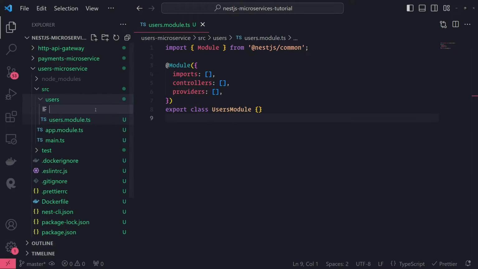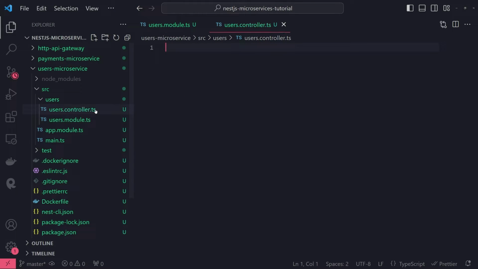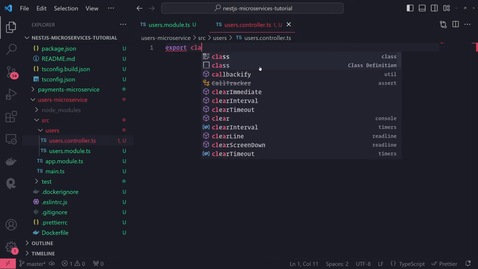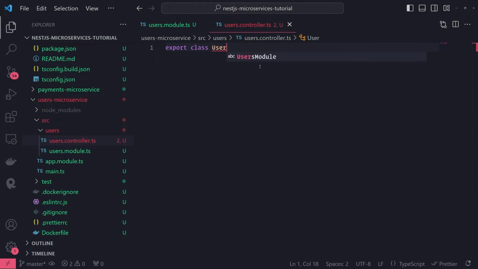We're going to go ahead and create a new file called users.controller.ts. And now this time, since we're inside our microservice, this controller is actually not going to be a regular HTTP controller like we had in our API gateway project, like this one right over here. This is actually going to be a microservice controller. So let's create a class, and we're going to call this UsersMicroserviceController, just so it's not confusing for you all. And we're still going to use the @Controller decorator as well,